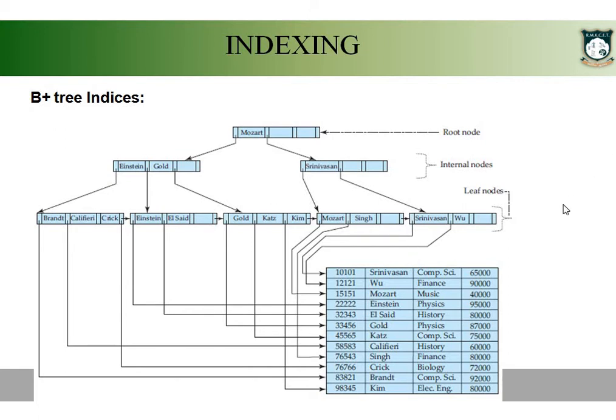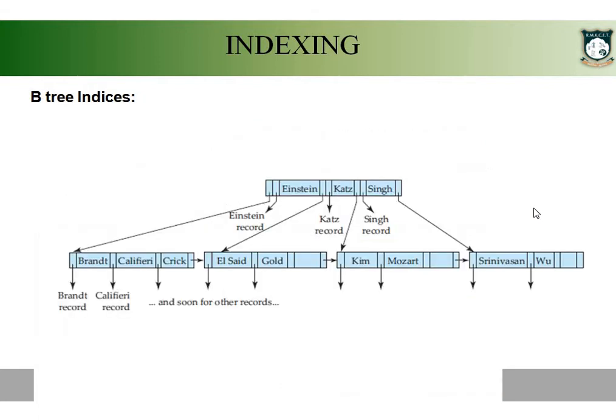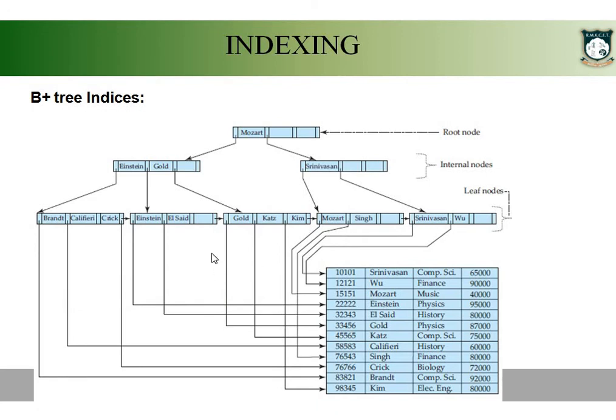Clear? So this is the tree we use as an index for our table. That's it. Now there is a small variation of the B+ tree, that is B tree indexing. B tree indexing is very similar to the B+ tree with only one difference. The difference is that the actual records can be pointed to even by a non-leaf node. In a B+ tree, the actual records are pointed to only by the leaf nodes, but in a B tree, the actual records are also pointed to by non-leaf nodes. It is only for improving performance.